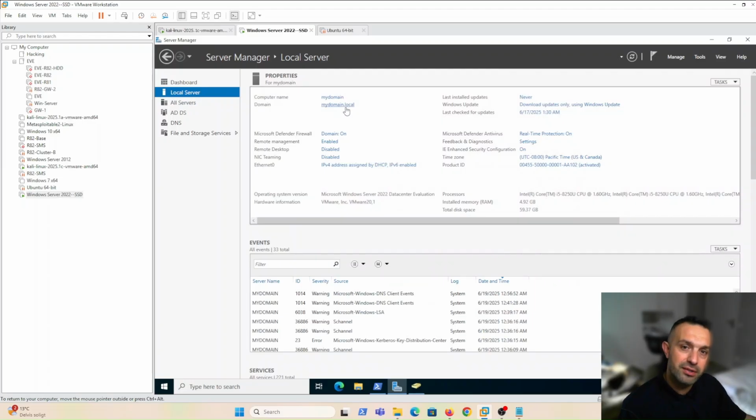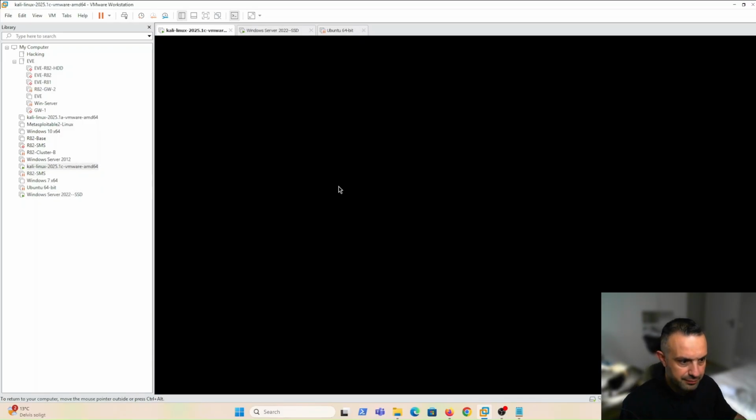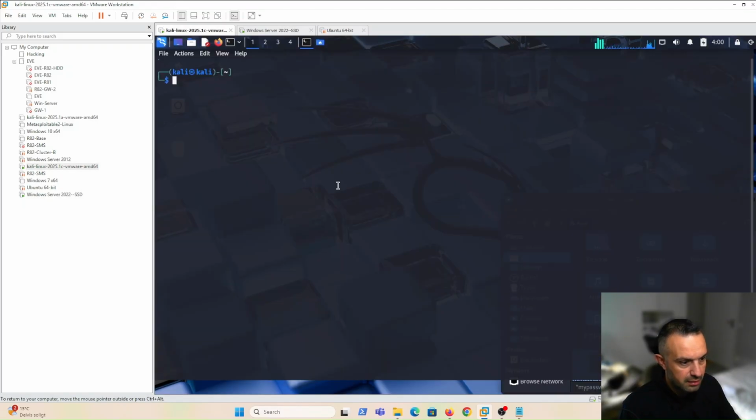So first, we need to determine whether a Windows Server is a domain controller. From Kali Linux, you can use several methods depending on your access level. A common approach is using Nmap. So let's jump to our Kali. Let's log in to Kali here. The easiest and stealthiest way to check if a server is a DC is by scanning it with Nmap. So let's grab a command here